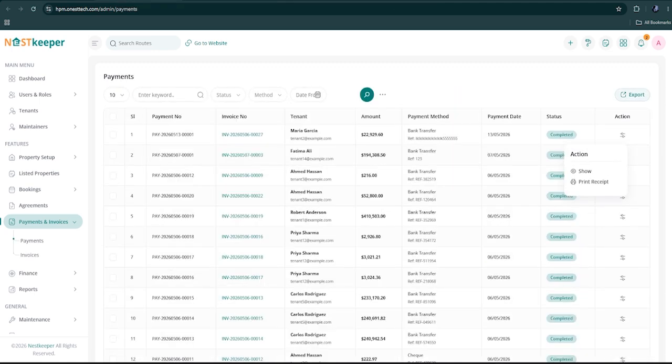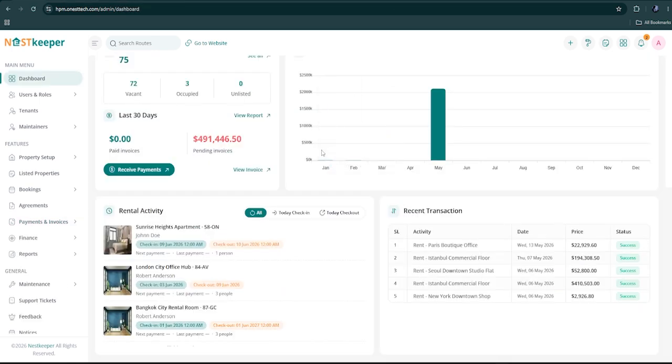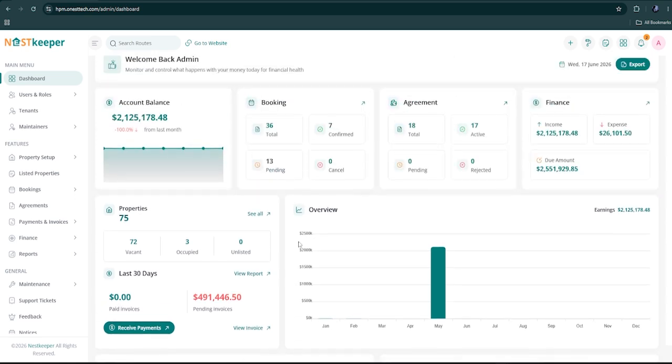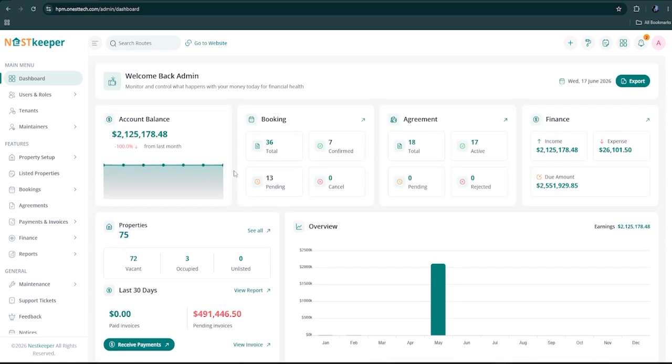Okay, so now let's see what's next, which is our recent activities. Just by clicking all, you will see each and everything here. By clicking today's checkout, it will show how many checked out. It will show in recent activity. And here's another option, which is recent transactions. How many recent transactions you have all this time, like the rent of your properties, with the date, with the prices, with the status. You will see at a glance in the main dashboard of our system,